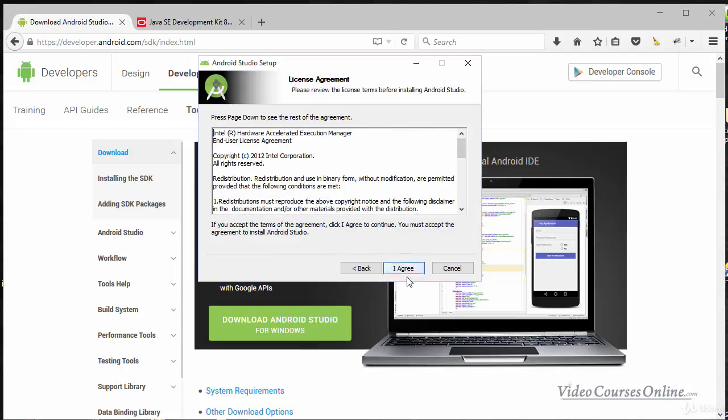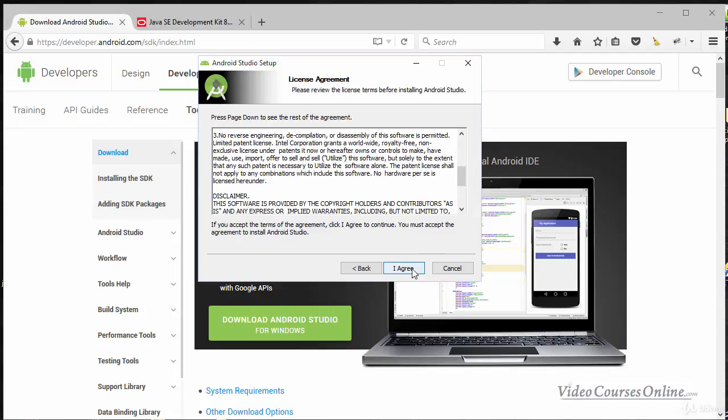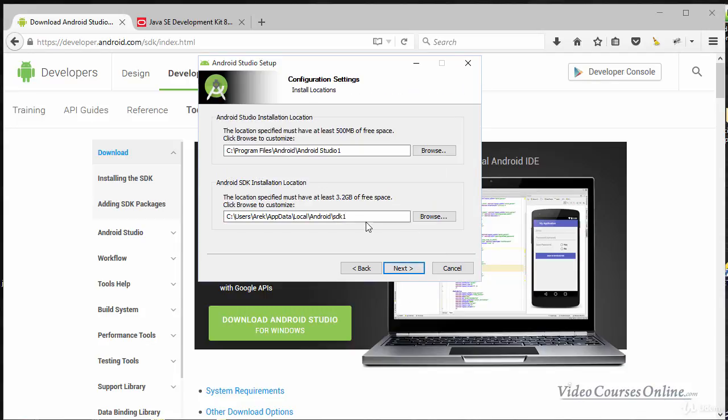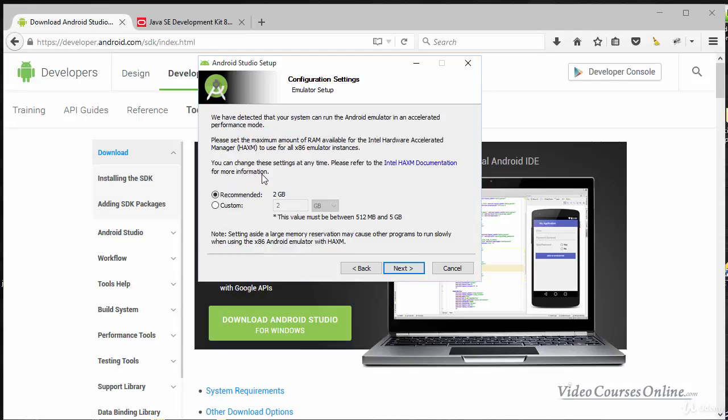We click next. I agree. Of course, we read all this license agreement. I agree. And then we should specify when we want to install our Android Studio and where we want to install the software development kit for Android Studio, okay? Then we click next. Here we are being asked that, as you can see, at least for me, maybe you will not see it, but I have got Intel processor, and that's why I can have the accelerated manager for